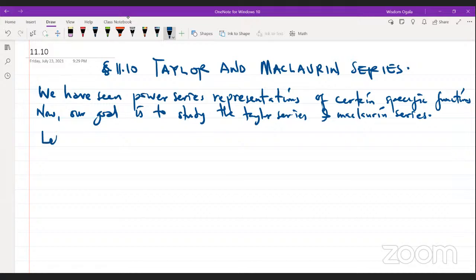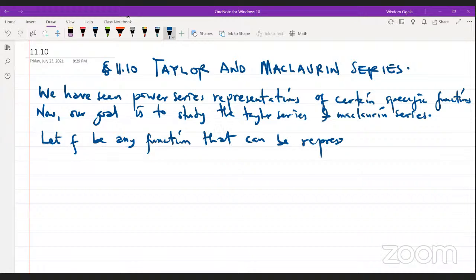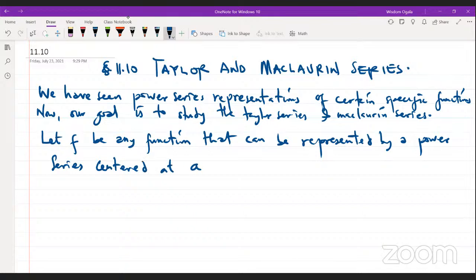Now, suppose we have a function. Let f be any function that can be represented by a power series. In this case, we want the power series to be centered at a certain number, let's call it a. If I give you a function that can be represented by a power series centered at a, what does that mean? It means I can write f of x as c0 plus c1 (x minus a)